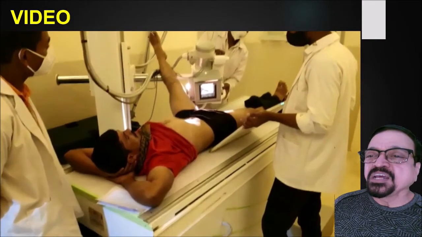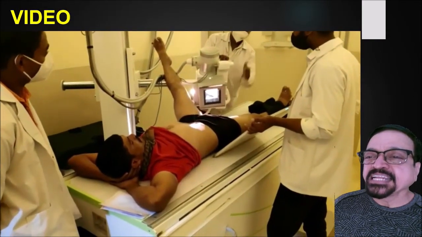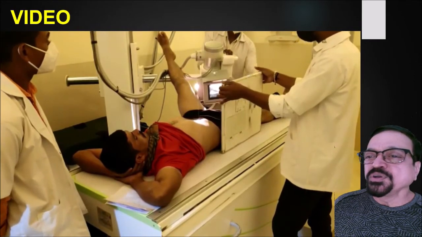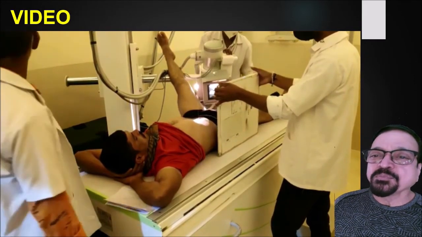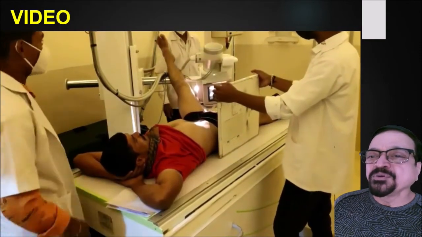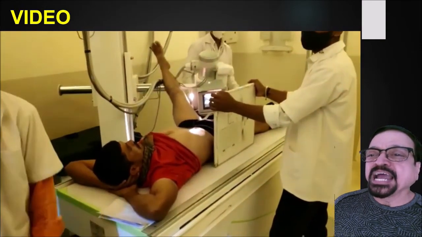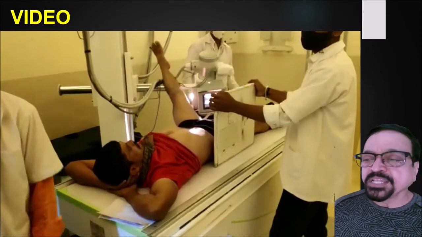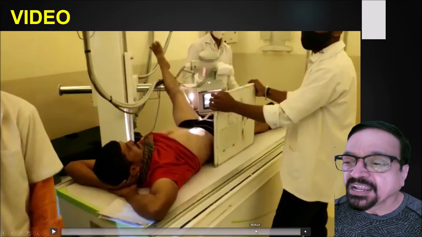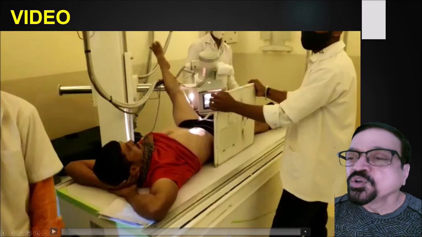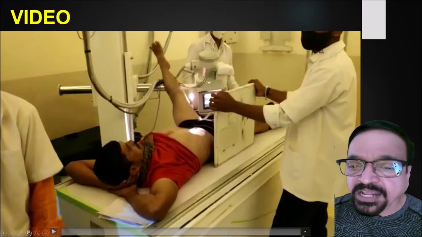Now see here, we are adjusting the cassette as well as the tube. Is it okay? Now what is the problem? The problem is the tube is slightly higher up, so you have to get the tube down. And what's the basic principle of radiography? The central ray has to be perpendicular to the incident ray. So is that achieved here? The answer is no. So you will have to adjust the cassette accordingly.